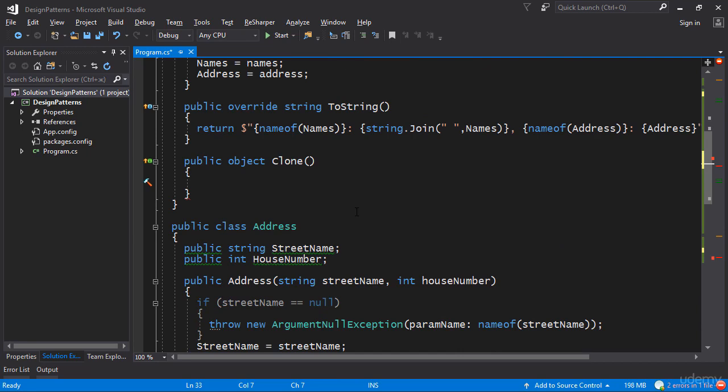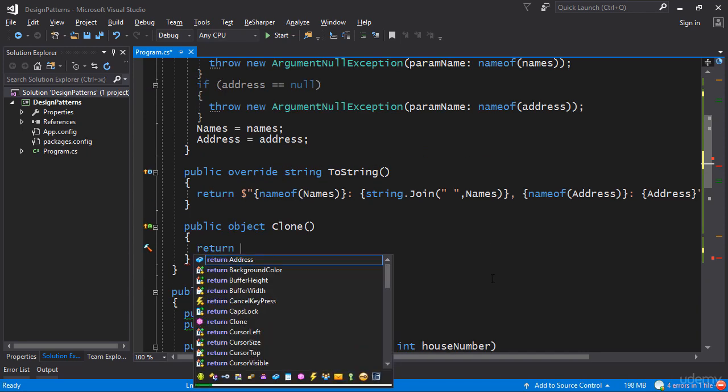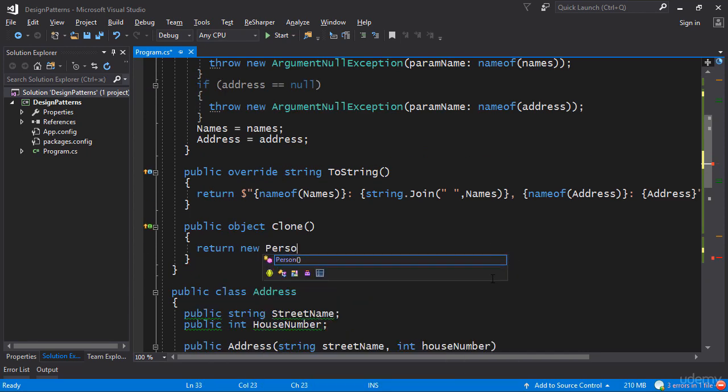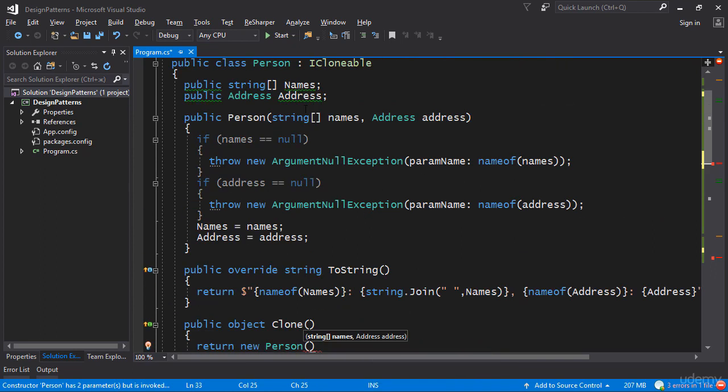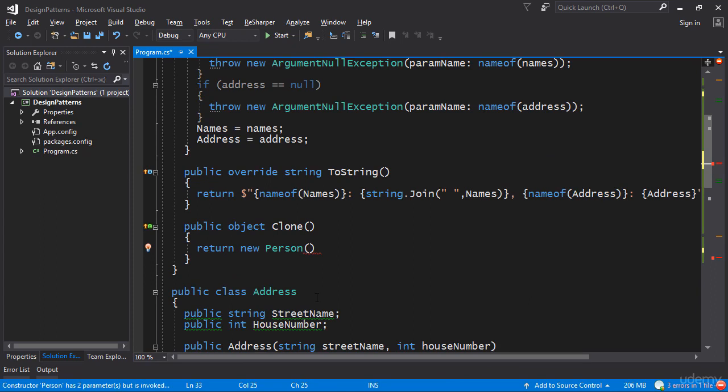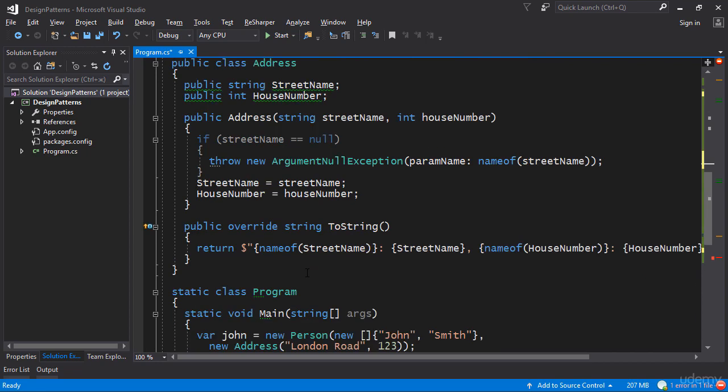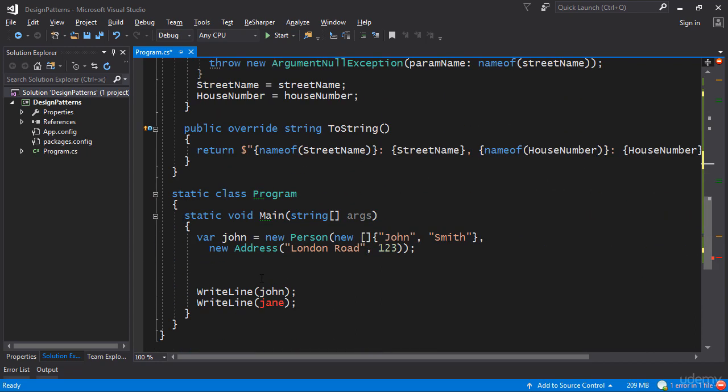Is it meant to be a shallow copy? By shallow copy, we mean simply returning a new person that takes the copy of the names and the address, like so. Now, obviously, if I do this, then we're not really fixing the problem. If I implement this kind of copying, then what happens is if I say var jane = john.Clone(), like so,